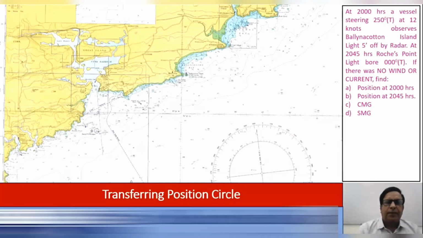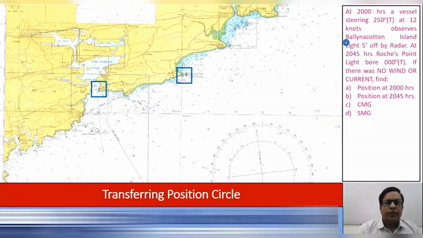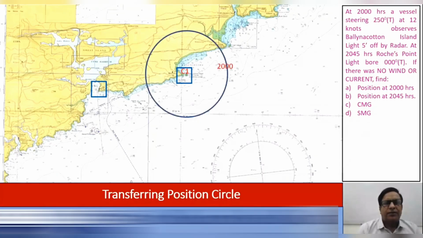First we identify the landmarks. Here is the Ballycotton Island light. This one is the Roche's point light. There's a small correction. The name mentioned here is Ballina Cotton. It is actually Ballycotton. The Ballycotton Island is center and radius of 5 miles. That's the radar range. We draw the circle with C1 as the center, and this is the circle for 2000